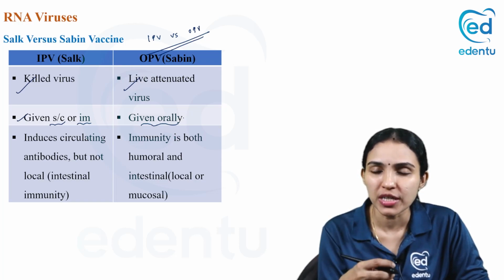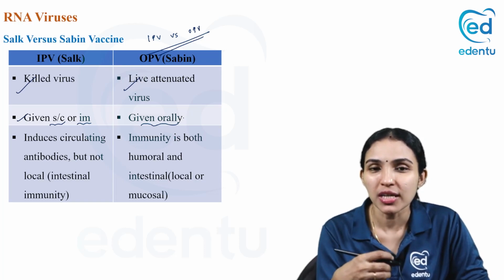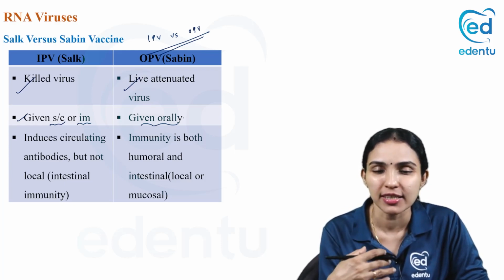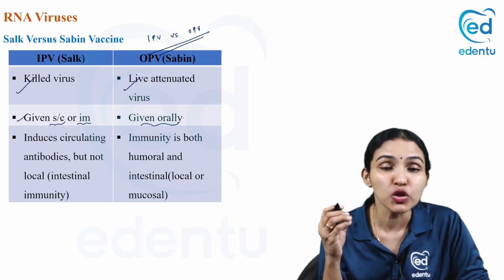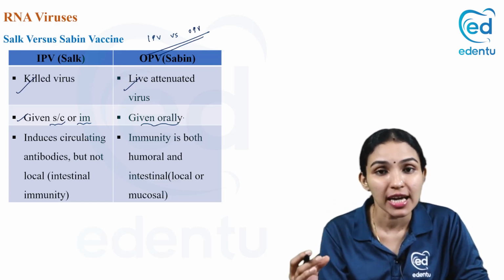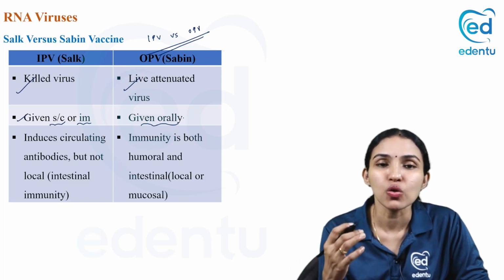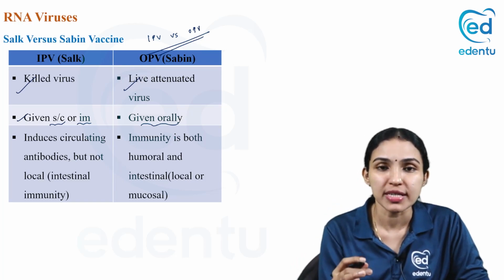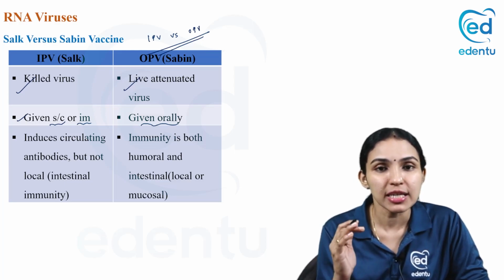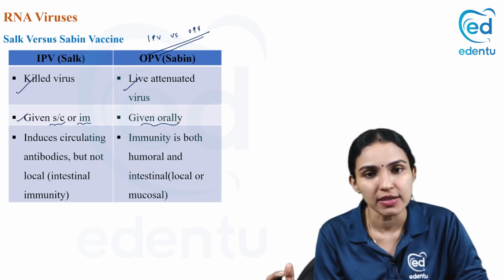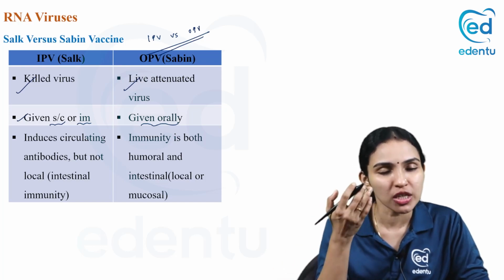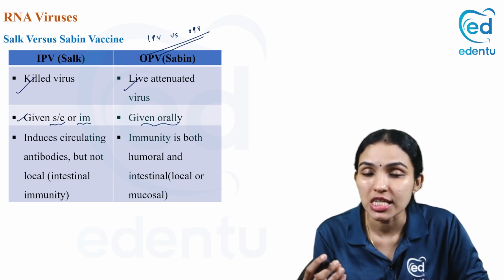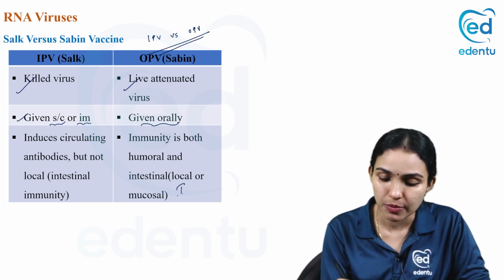Like if you get a poliovirus infection, it enters through the oral route, it will induce immunity in the local mucosal tract, in the GIT, in the upper GIT, it will induce mucosal immunity in the form of IgA antibodies. But this can happen only if you give an oral polio vaccine. If you give an oral polio vaccine, it is a live attenuated vaccine. It behaves exactly like how the live virus behaves. So it goes through the oral route, it reaches the intestine. It will elicit the intestinal mucosal cells to produce IgA antibody.